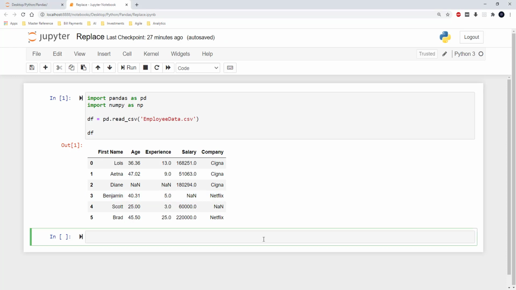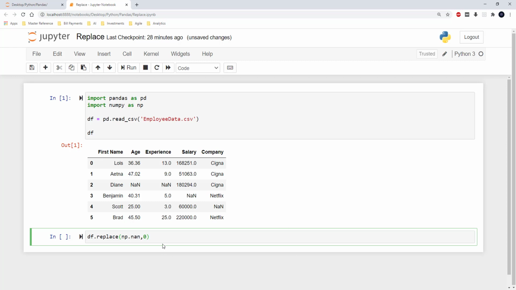Now I will show you the different ways to use the replace function. I am just using df.replace, and here I wanted to replace all the NaNs with the value 0. So I can select the NaN by using np.nan, and then I am going to use 0 to replace the NaN.